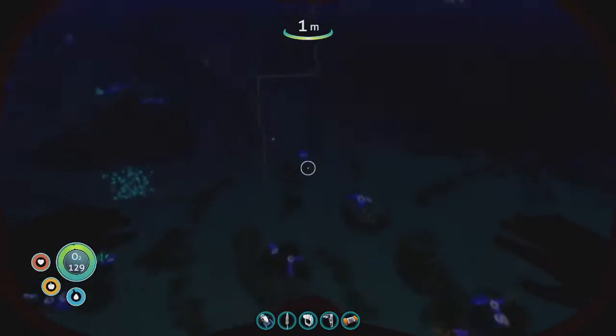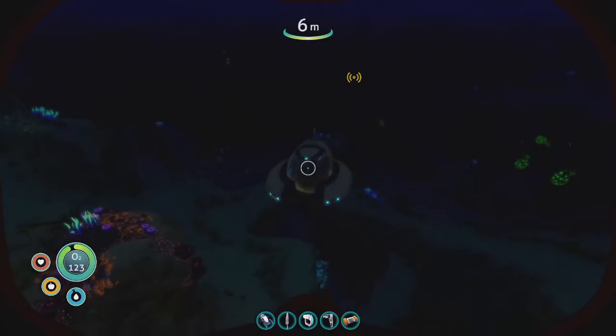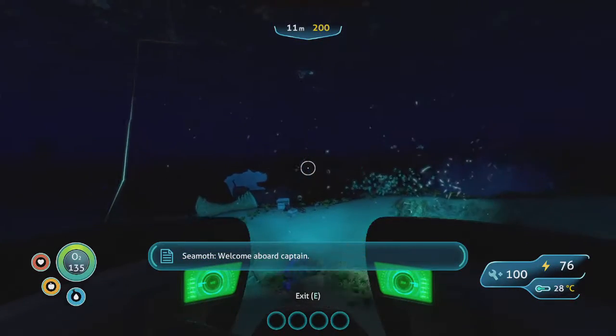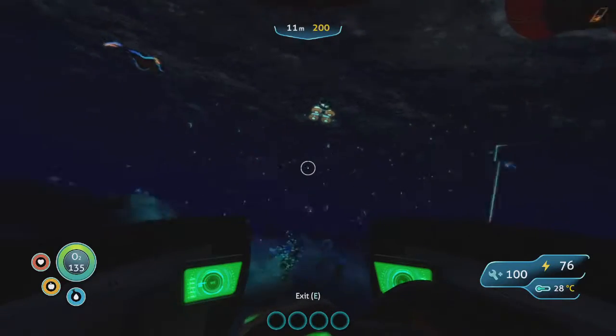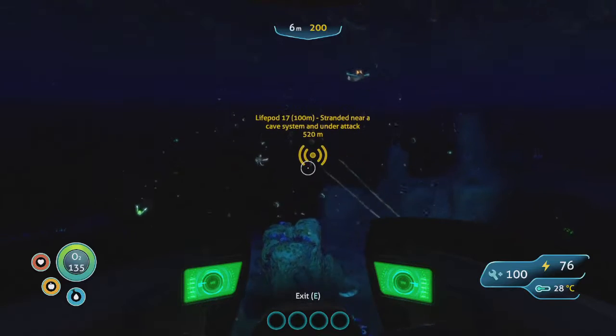Where's my Sea Glide? Oh, not Sea Glide, my Moth. There we go. Sea Moth. That's what I wanted. When it's dark out, you do want to put the light on, but don't forget it does use electricity, which is a battery or a bit of a bigger battery. So we're gonna go back,